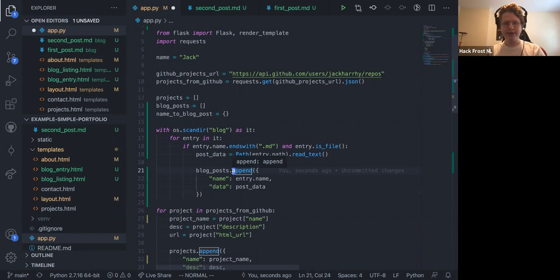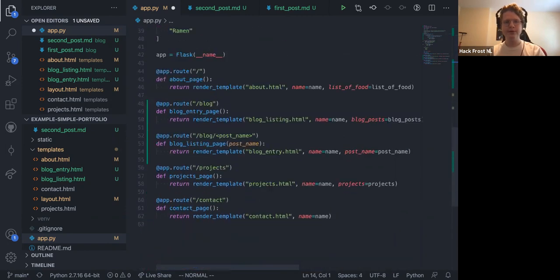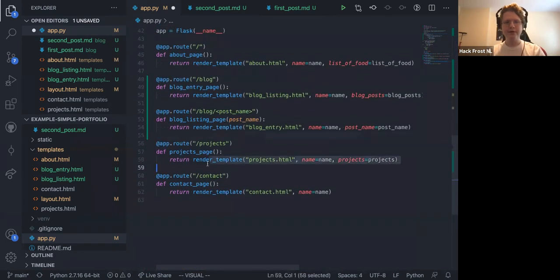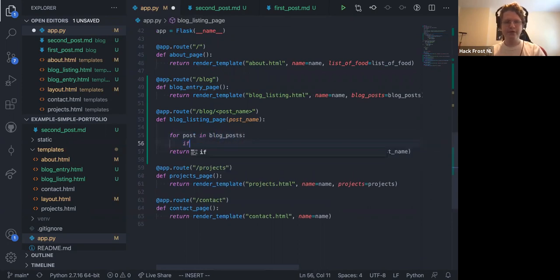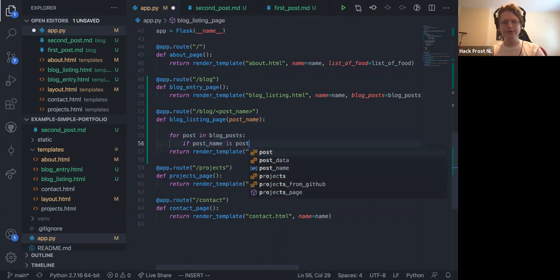I could do it like this. It's a little bit tricky because what I want is a way of easily going from name to blog post. So I'm going to try and do this. Yeah, this will be fine. So for post in blog posts, if post name is post name,